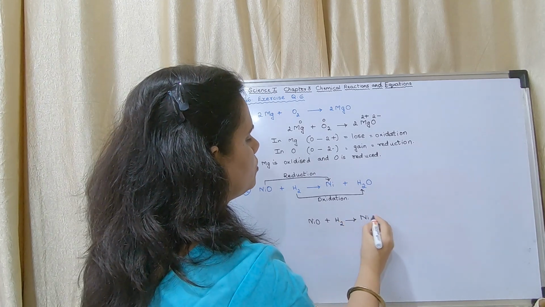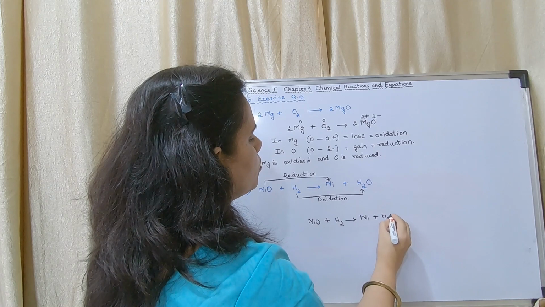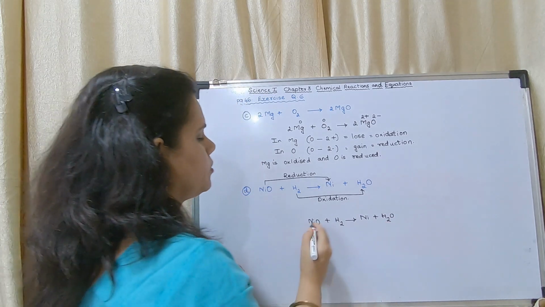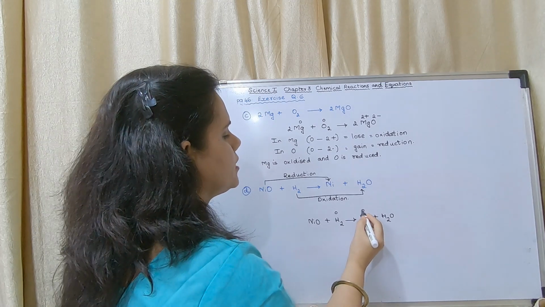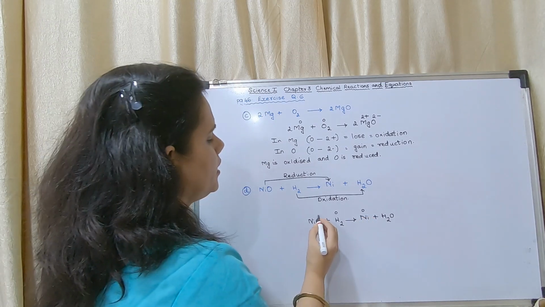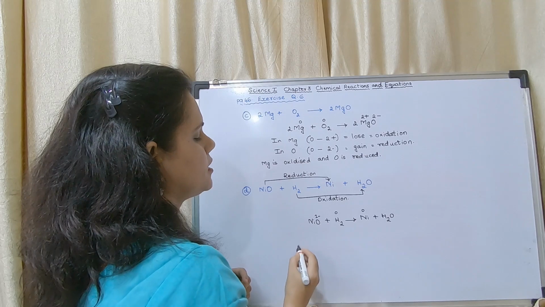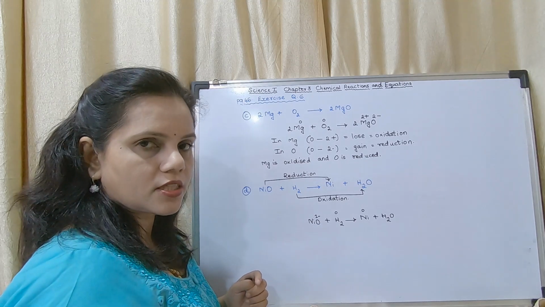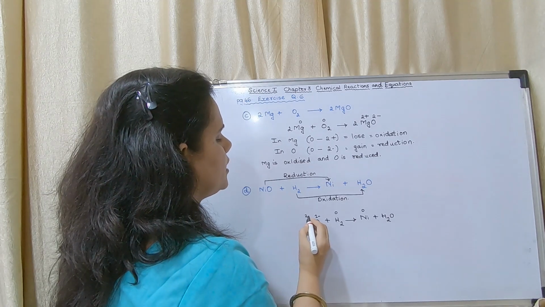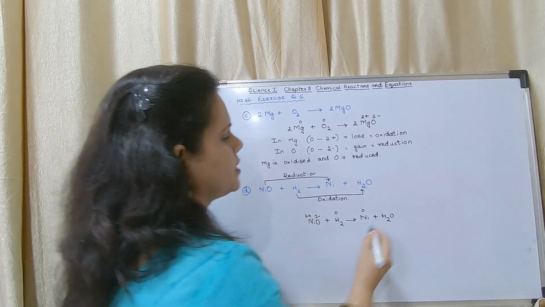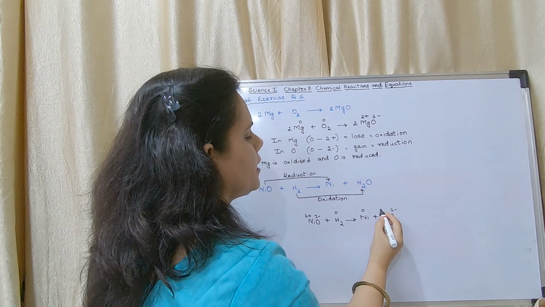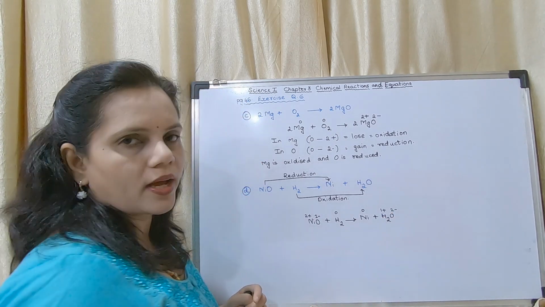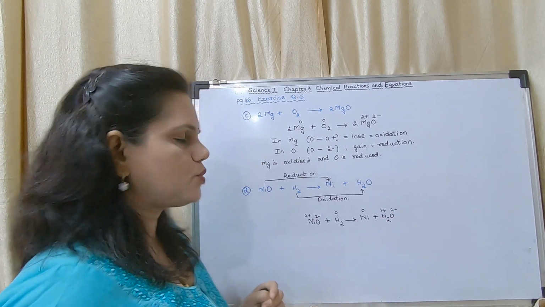I will show you. This is H2O. I will show you with the numbers. Here H is alone, so it is 0. NiO is alone, so it is 0. Here it is 2 minus. I will take this as 2 minus because the valency of oxygen is 2. The valency of nickel, I will take it as 2 plus. Here the valency of oxygen is 2 minus, and the valency of hydrogen is 1 plus.